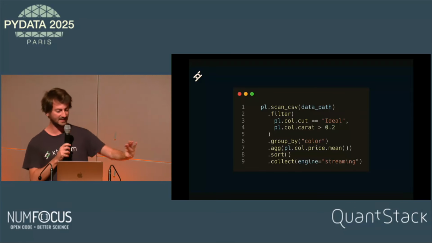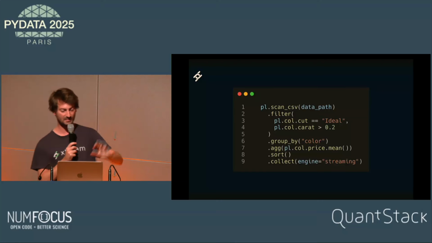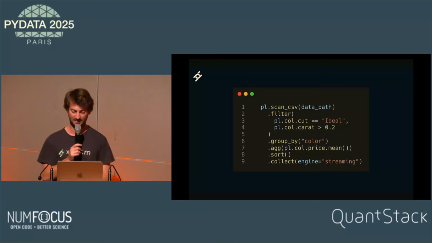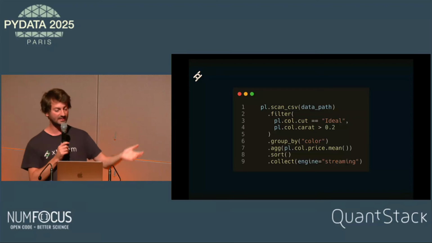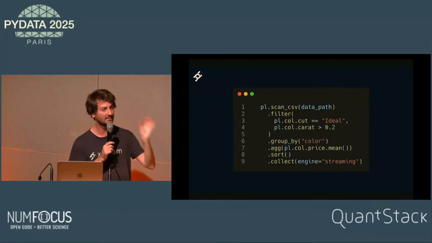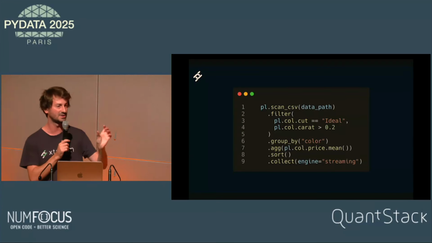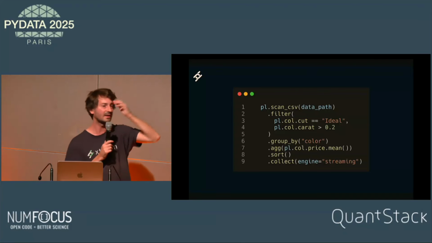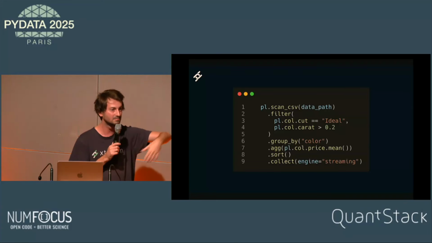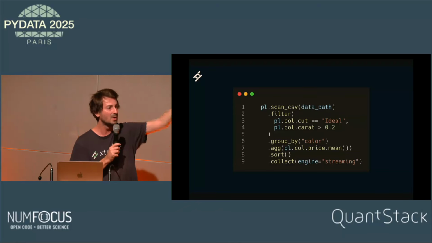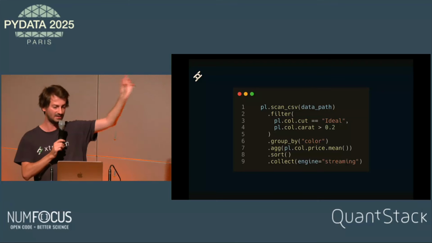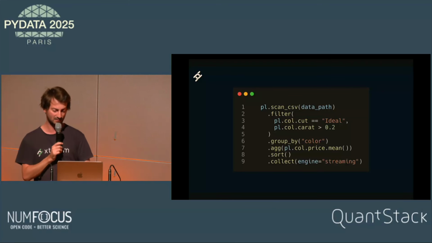Again, the syntax is very similar. The only difference is that when you call collect, you specify engine equals streaming, or when you write the data, you do not use the write operations, but the sink operations that support streaming mode. Again, remember to use scan at the beginning to build the LazyFrame, otherwise the data gets taken into the physical memory with the read operation. So if you want to use streaming mode, scan to read and sink to write, or collect with engine equals